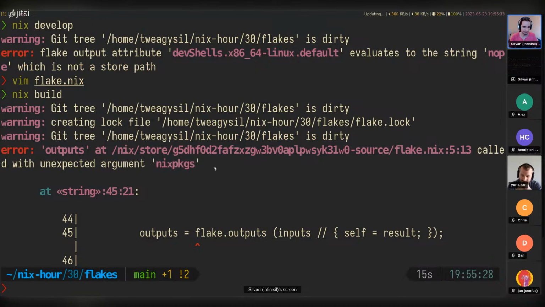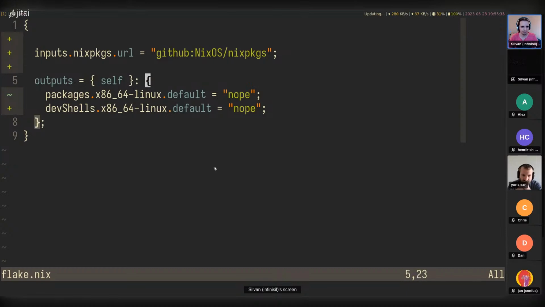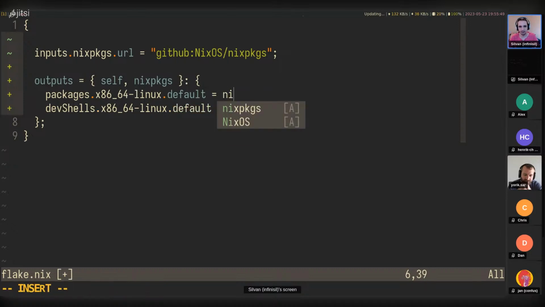All right, now we get nixpkgs available. Once we have this as an input, we can add it to the outputs arguments. That's what the error was indicating: it doesn't take a nixpkgs argument. Yeah, so now we have nixpkgs. Nixpkgs has all the packages in a legacyPackages attribute.